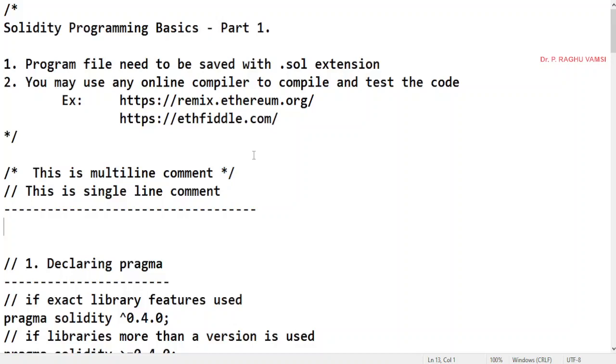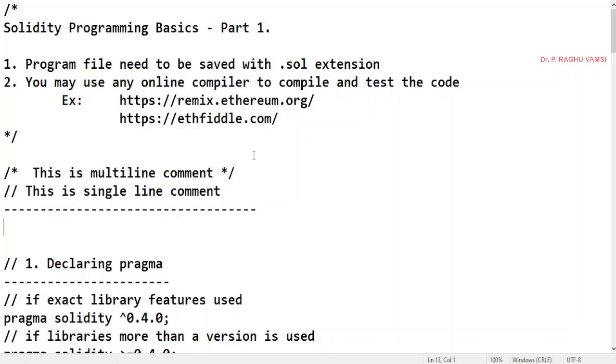Hence, for the next 2, 3 lectures, I am going to present the basic building blocks in the Solidity programming language, how we can code them, and the different techniques that we can use in writing Solidity programs.